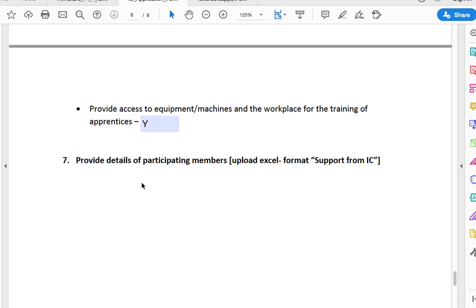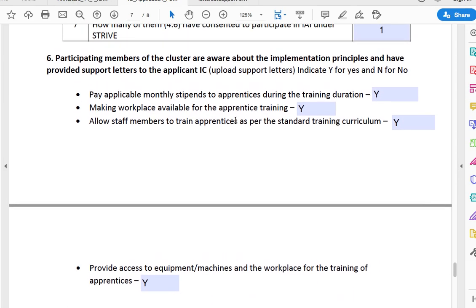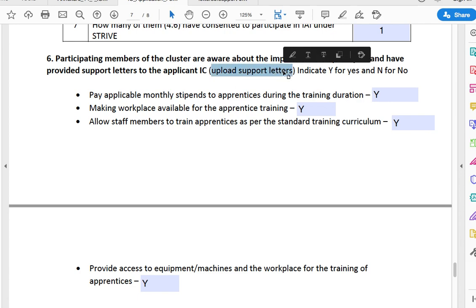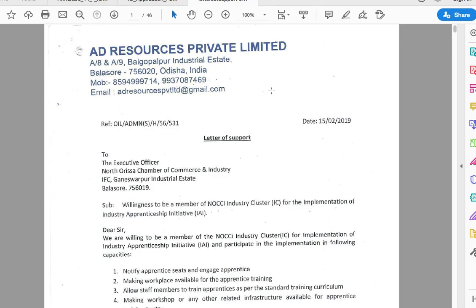So this is the first application form. Now it is also asking about support letters, because if you can see, it is asking you to upload support letters. That's the second requirement. So one, this filled application form, then support letters. You will also see a format of the support letters in the download section provided in the link. Here, just to showcase an example, you can see a support letter on the letterhead of a company,